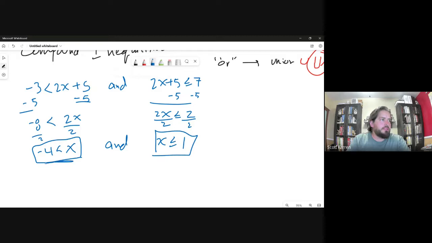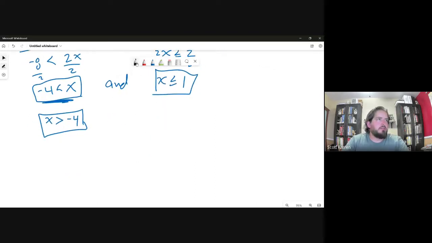And I can rewrite this second one. If you don't like the x on the right-hand side, you can flip this all around. That's x is greater than -4, right? So if I look at what the solutions of these look like, x is greater than -4 looks like this on a number line,